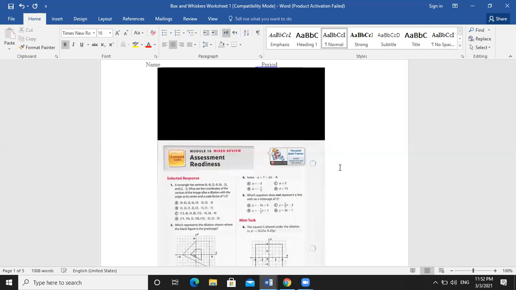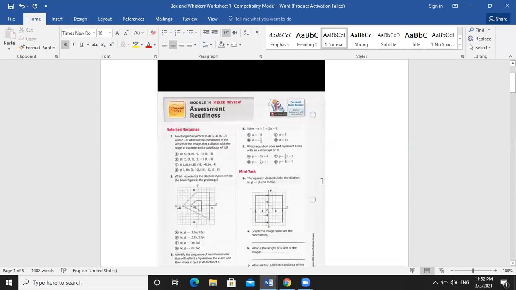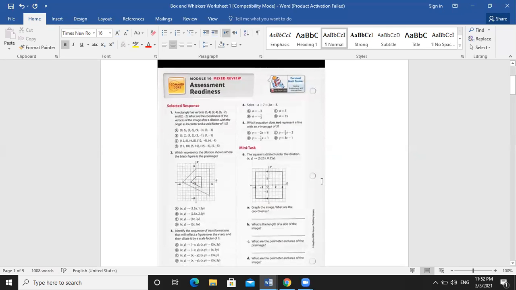and 2 and -2. What are the coordinates of the vertices of the image after dilation with origin as its center and scale factor of 1.5? Okay, so this question is talking about